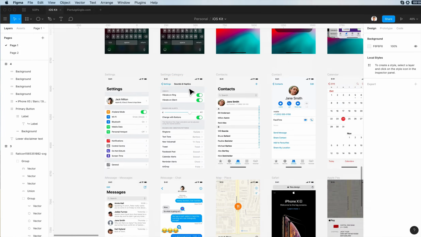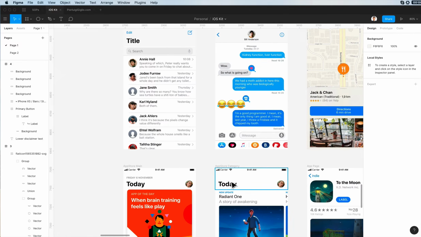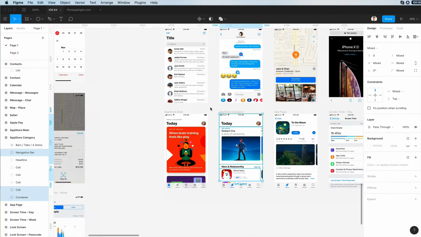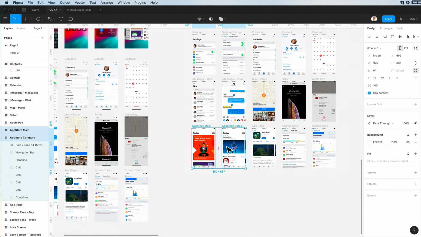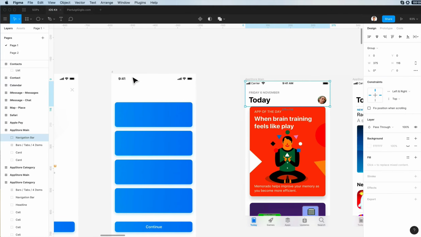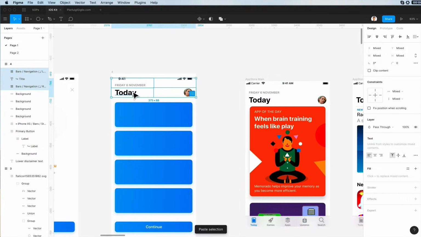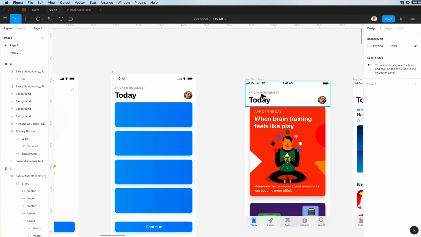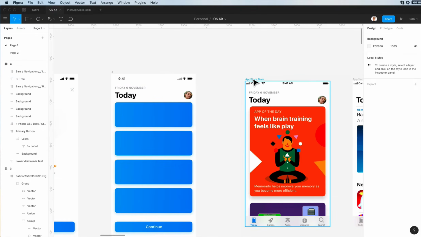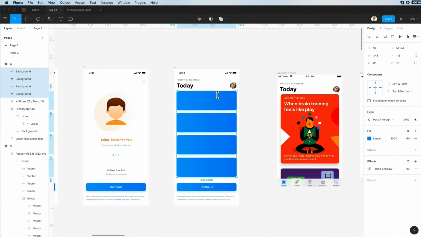And as you can see, I'm leveraging some ready-made assets from the official Apple iOS kit. So essentially I want to grab a few of these screens just to see the style of the basic iOS style guides, and some of the other screens,